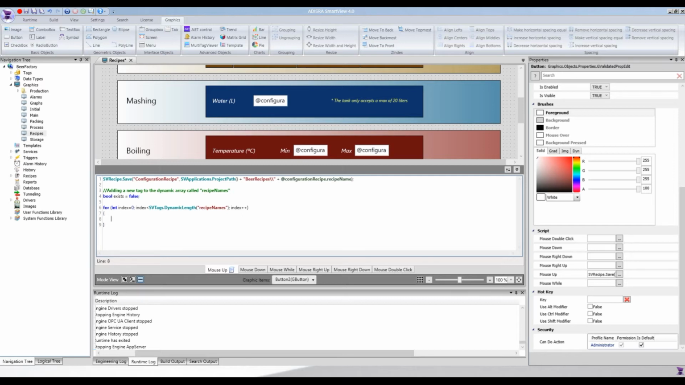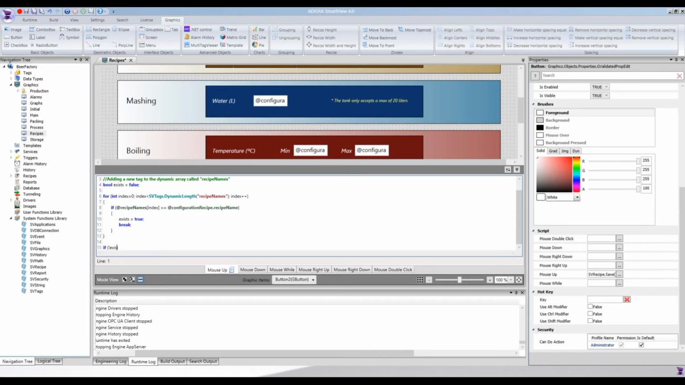Now let's check if it exists or not. So if recipe names on the index equals the recipe name that we just typed on the text box. If so, we set exists equals true, and we can leave the loop with a break. If it doesn't exist,